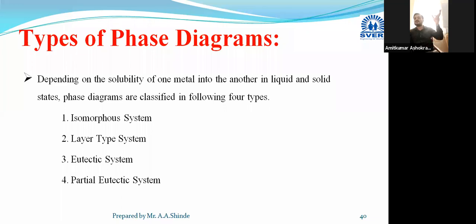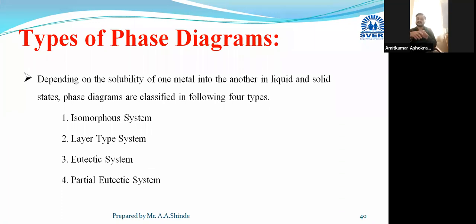Then you have to match according to the types which alloy shows the isomorphous system. Correct matching should be there. So I will explain it. These types of questions may be there. Then sometimes they will ask how many phases will be there, at what temperature. If the data is given in the question itself, then they will ask the amount of liquid and amount of solid phases, and they will provide the temperature and composition data.